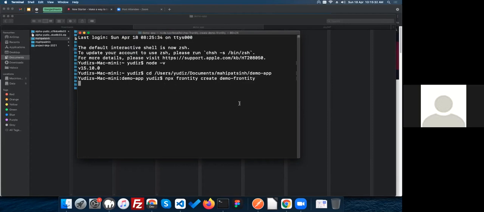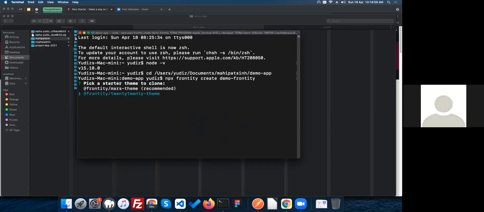So it's going to start installing your Frontity project in your system wherever you have defined. First thing, it's going to ask which theme you want to work with in Frontity. They have two themes available by default. The first theme, as you can see, is the Mars theme, and the second one is the 2020 theme, which we have already looked into in WordPress. So I'm currently selecting the 2020 theme.